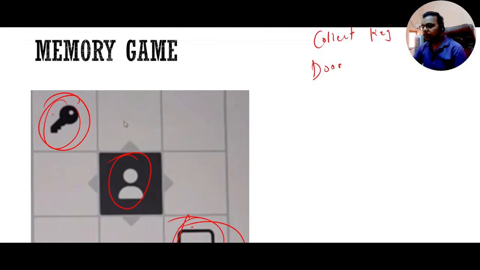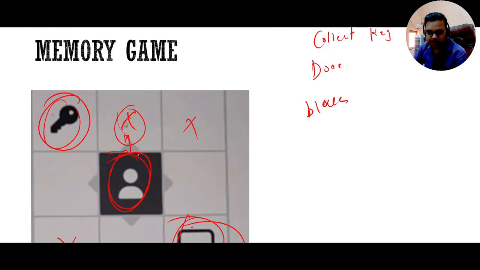Now to go to this door, there will be some block paths. So suppose this is a block path, and this is a block path, and this is a block path. You cannot move onto the block paths, but you cannot see them. So you will try going in different directions. Suppose you go up, then up is a block path, so you cannot go up. You will stay at the same starting position. Whenever you collide with a block path, you will revert back to the starting position.